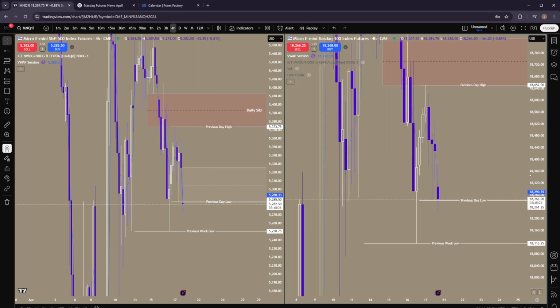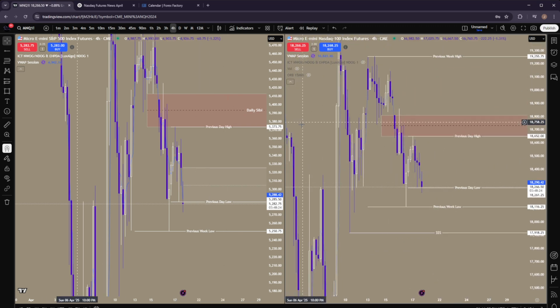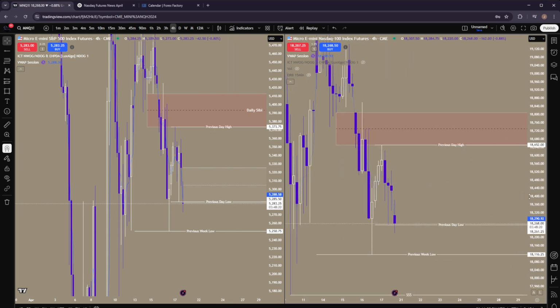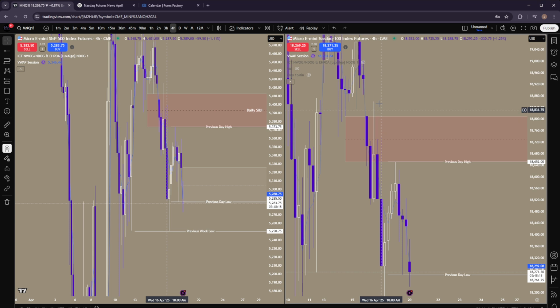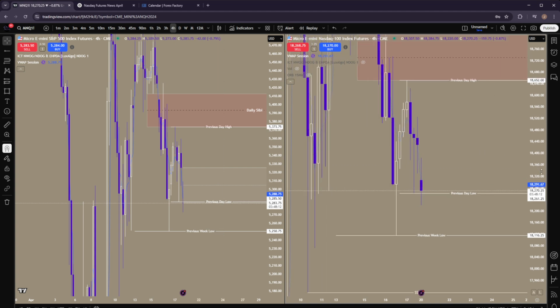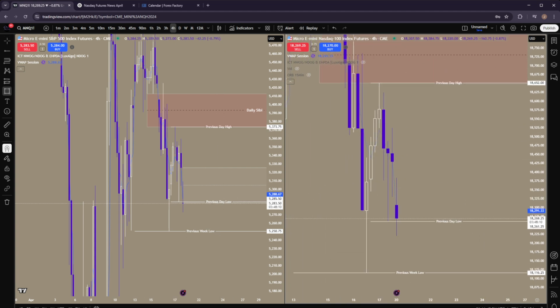Obviously, our structure hasn't been amazing on the 4 hour with a more sideways week. We haven't been generating the best fair value gaps. We generated this 4 hour gap. We shorted off that. But then when we generated this 4 hour gap, we ran right through it and then still sold off. So not giving us the best, but what I do like is this 4 hour SIBI right